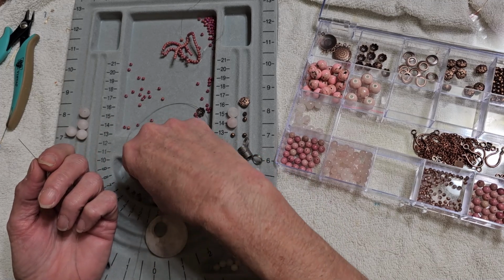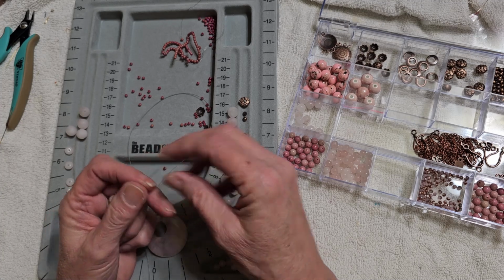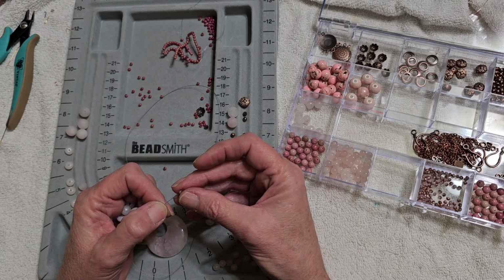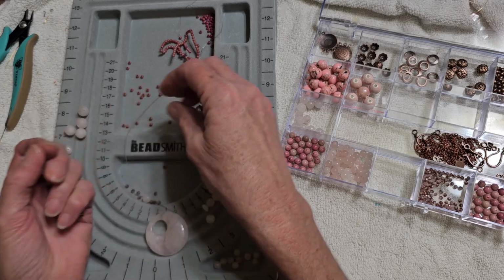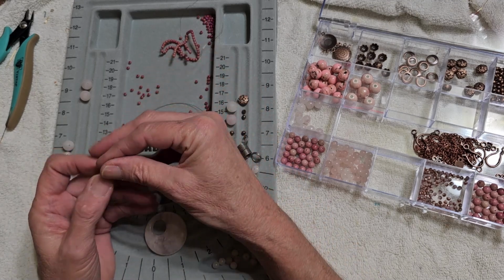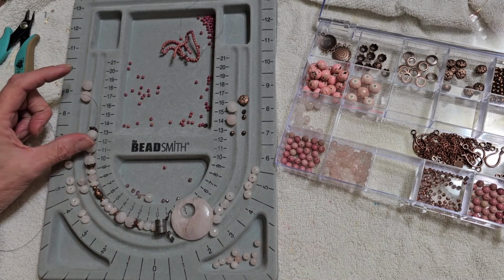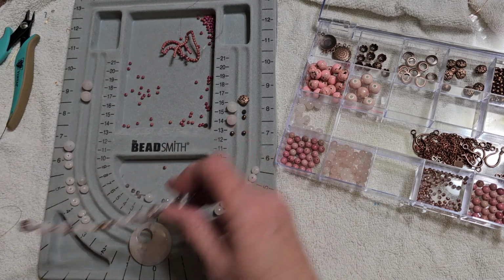All right, let's see what happens if we do this. I know that hole is right here somewhere. All right, so let's at least look at that. So I think I kind of went backwards. I don't know, I think the 3, yeah, that might not look too bad. So if I do it like this,